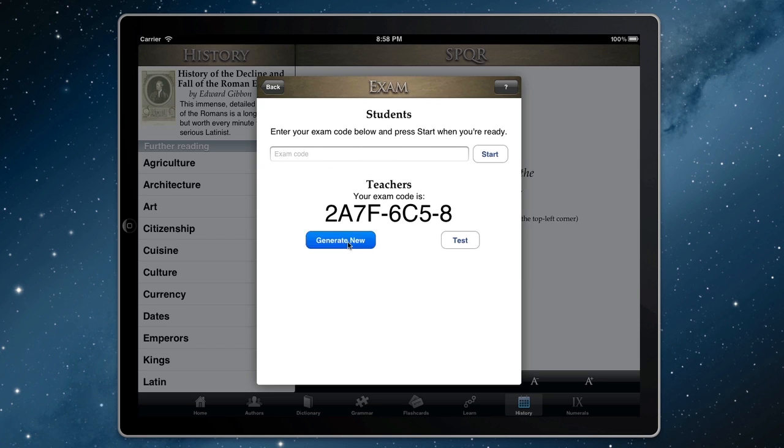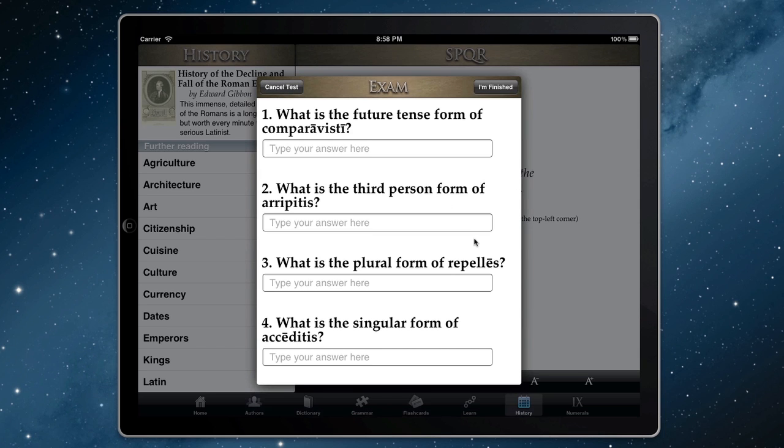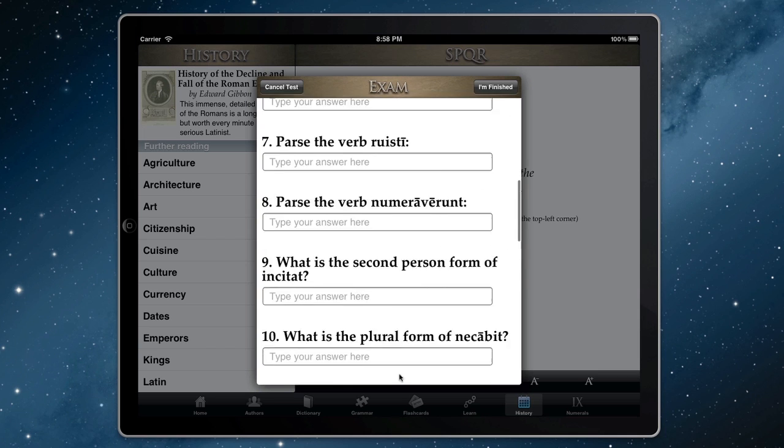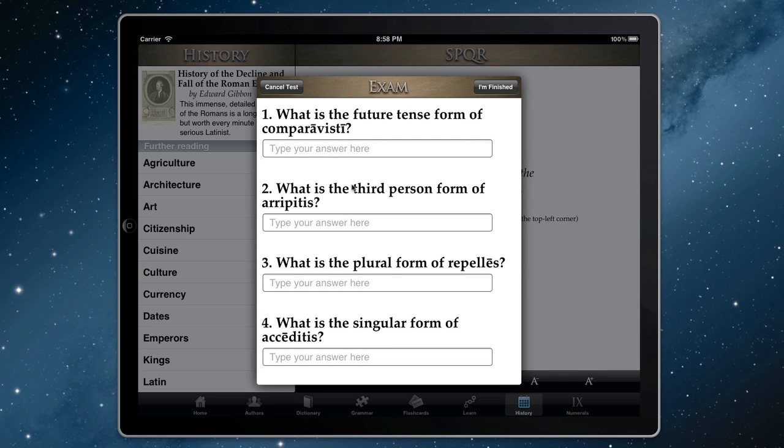You can generate new quizzes from the same form options. Just press generate new as often as you want to. It will generate the same form options, different quiz again and again and again. And you can see how that test will look. Just press test, and it will show you what the students will see. And you can see it's made a 20-question quiz of different kinds of questions. Some will ask you a form conversion, what's the future tense of such and such,